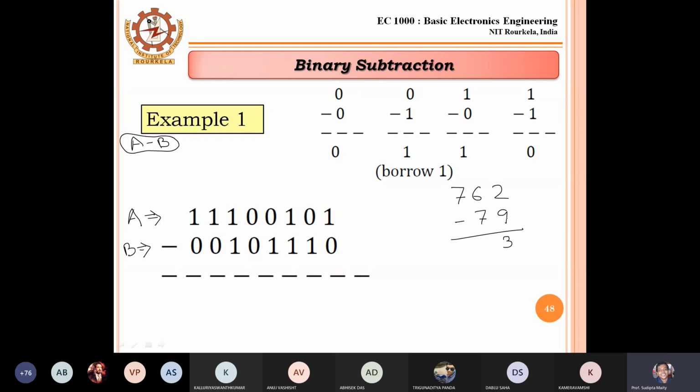Then I have taken one extra bit because we have assumed here it is higher, bit 12. So this one I have taken extra bit, that means borrow bit. This borrow has to be added with this one, correct? Has to be added with 7. So here it will be 8.